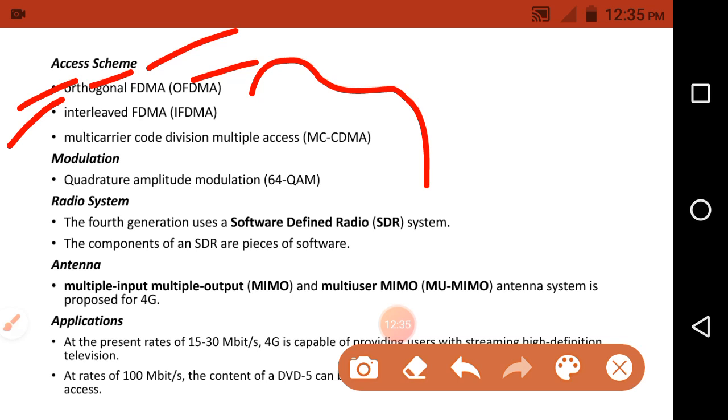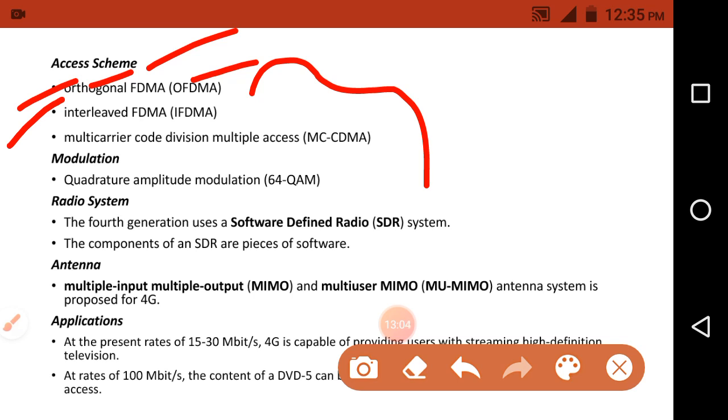Interleave means we need to divide each channel into sub-channels, or each frequency band into sub-bands. For example, the whole bandwidth of the channel is divided into frequency bands of channels, and again we subdivide those channels or frequency bands.